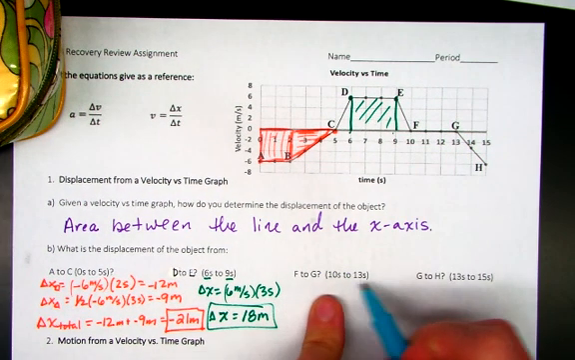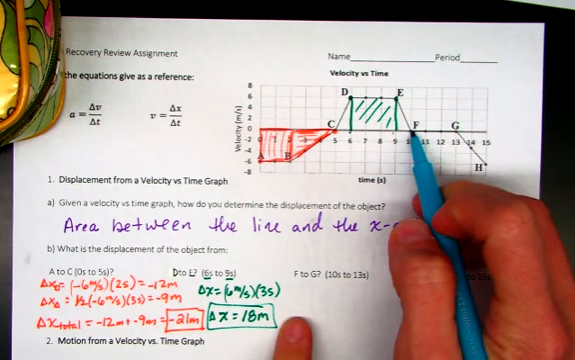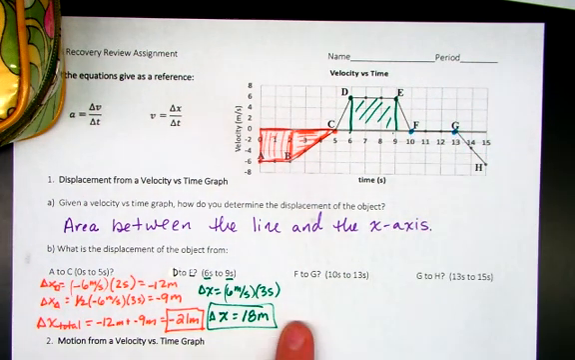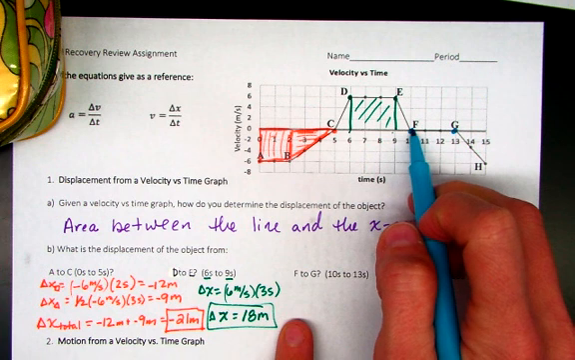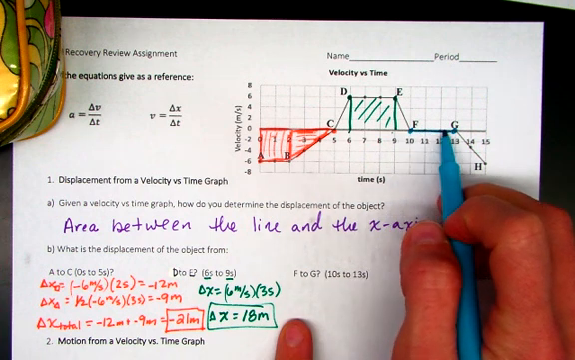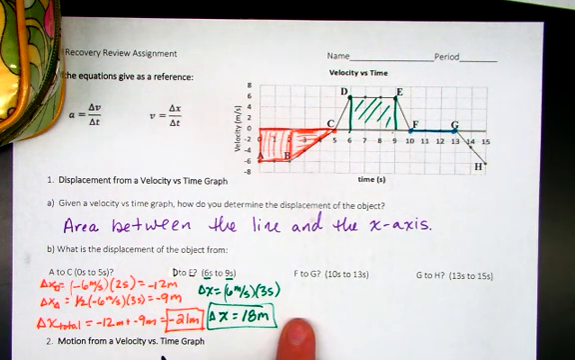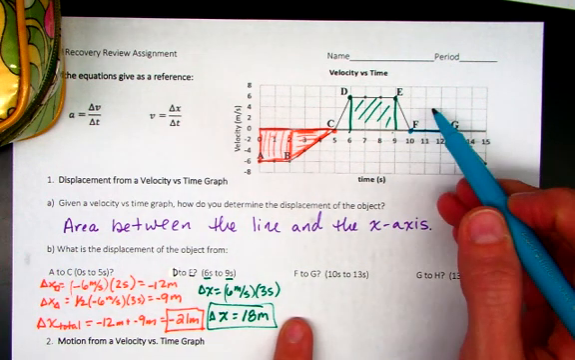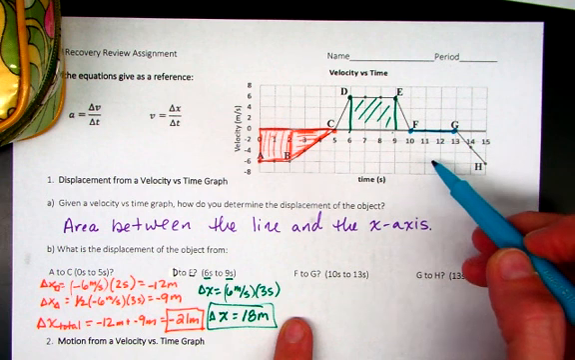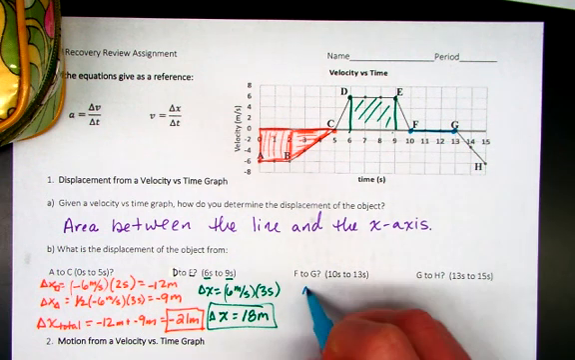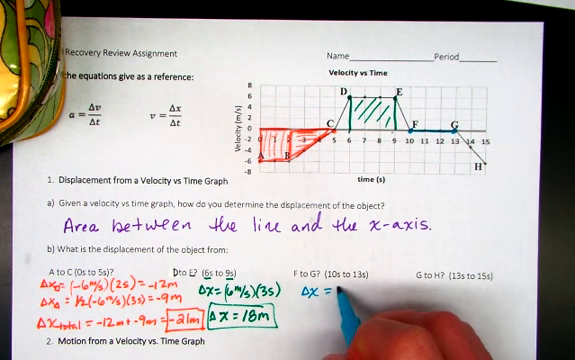10 to 13 seconds. So let's take a look. Here's 10 seconds, and here's 13 seconds. Now, if you'll notice, I need to color in the area under or above the curve. But notice this is not above the x-axis, it's not below the x-axis. So it turns out here that the displacement is equal to 0